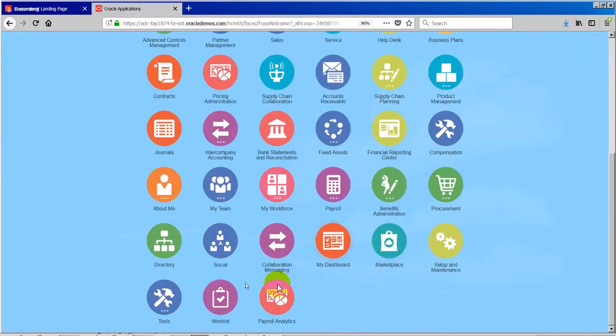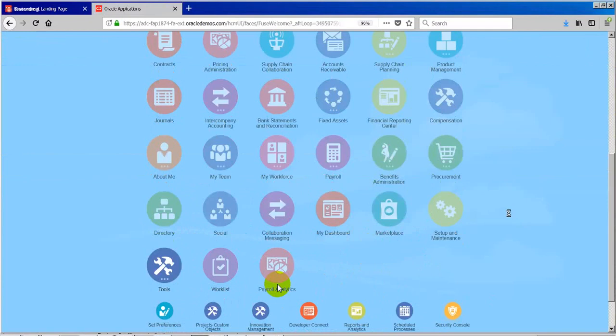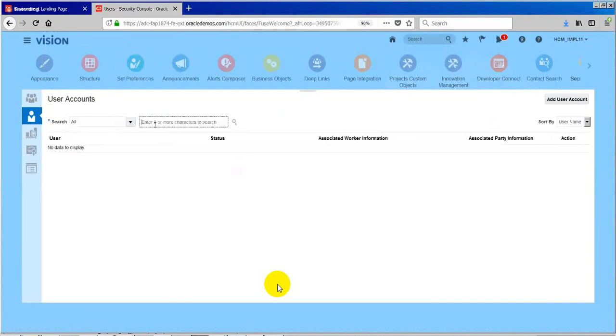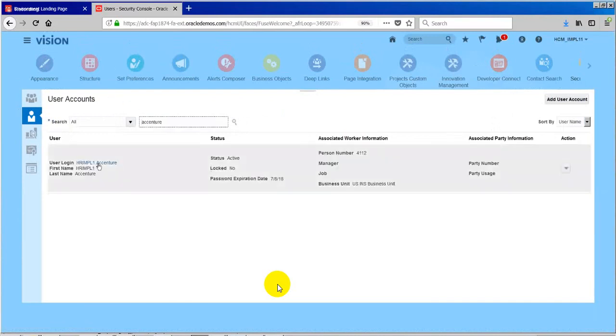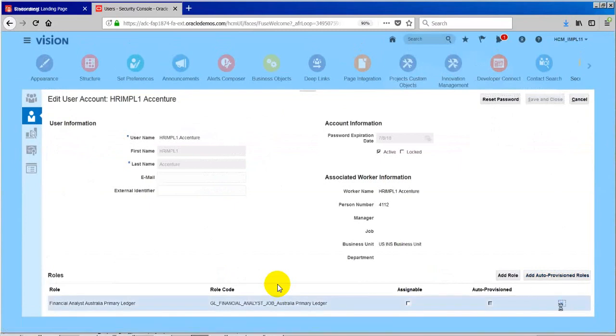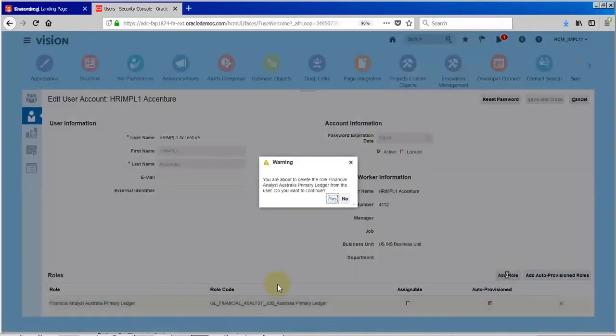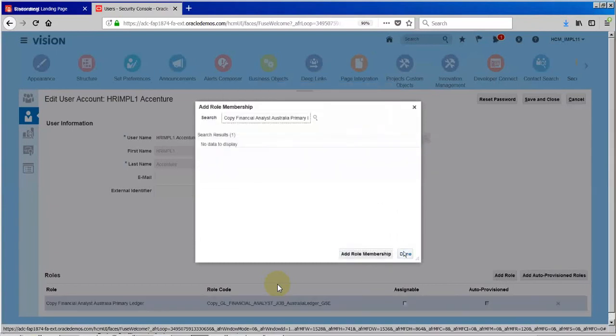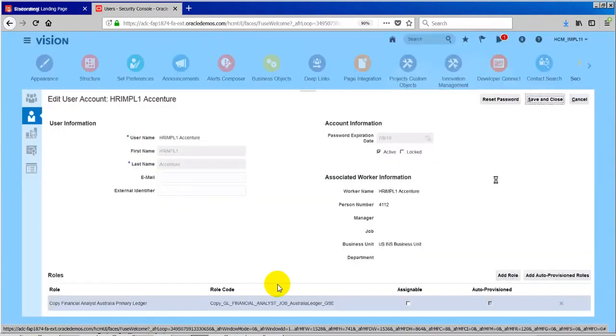And I'm going to tools, security console, search for the user, and add our custom role. Okay, done. Save and close.